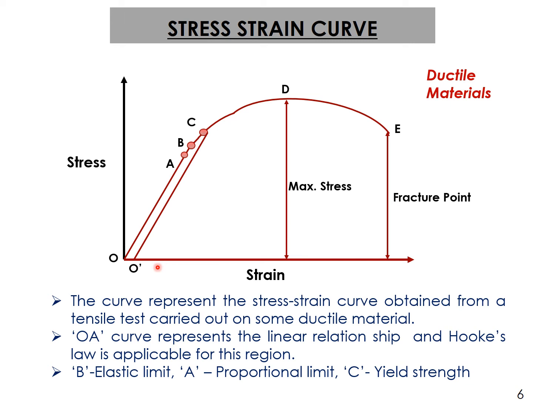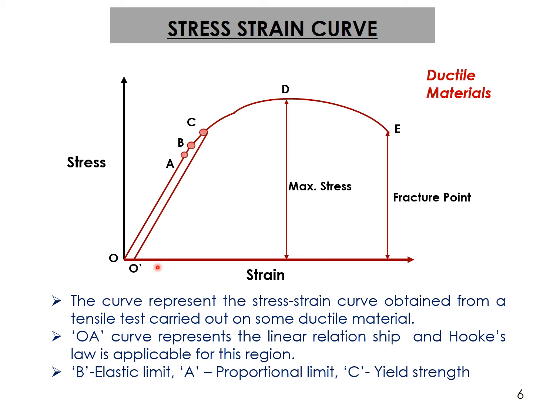So on a stress strain curve, B is the elastic limit. At this elastic limit, you get the largest value of stress which a material can withstand without undergoing permanent deformation. But because of sensitivity issues, it is not possible to get the exact value of point B, the elastic limit. So that's why we go for the proportional limit, or limit of proportionality. Point A is the proportionality limit. At this limit, remember, the stress strain curve deviates from its linear behavior.